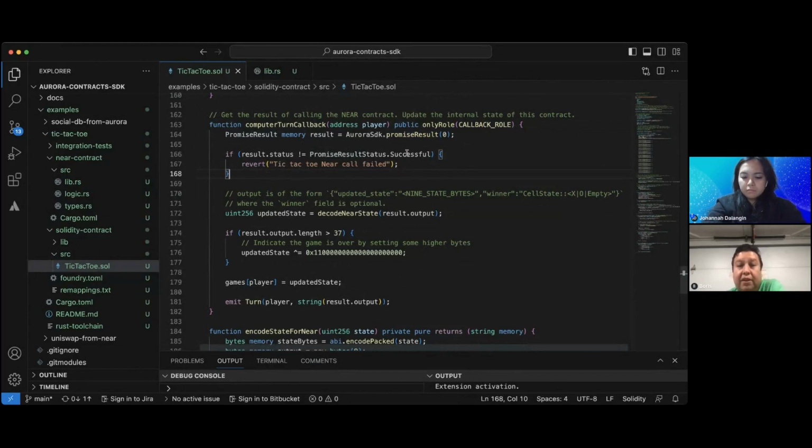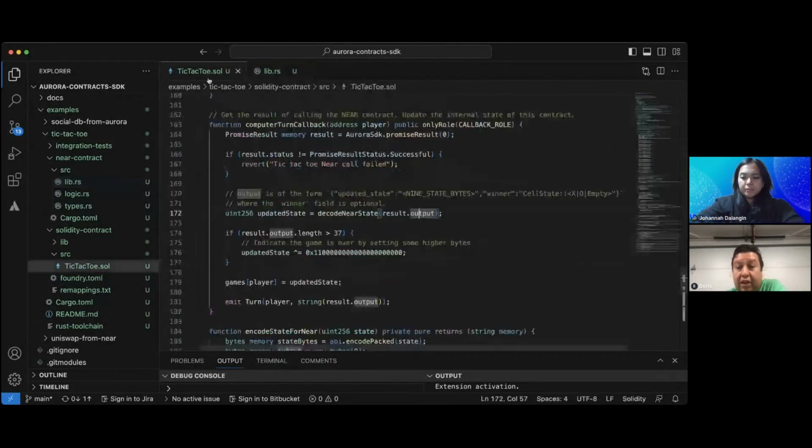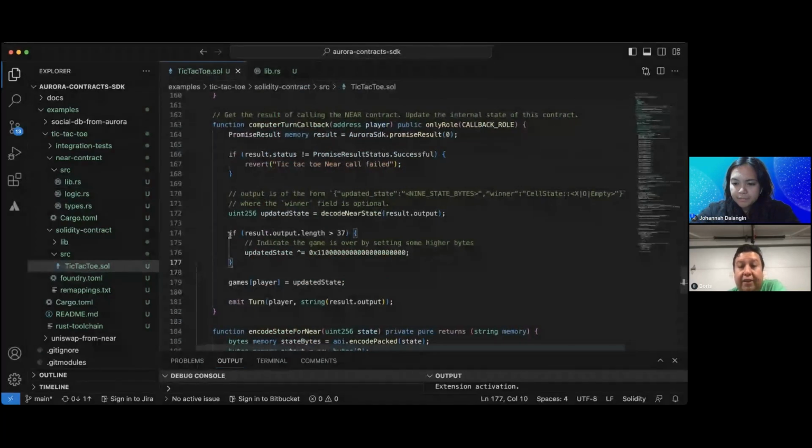If it fails, it gives you a fail. But if it doesn't fail, you will get the output, and the output is here, right? It's sending you the winner and the new state. It calculates what the new state is and tells you if there is a winner or not. So you will get it here, and you will update the state.